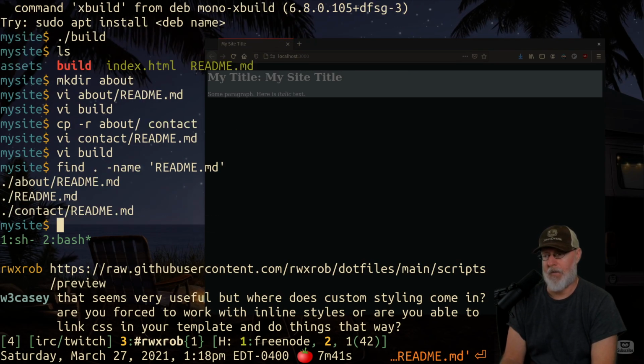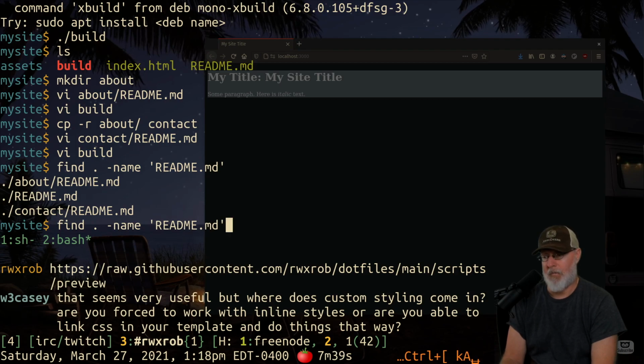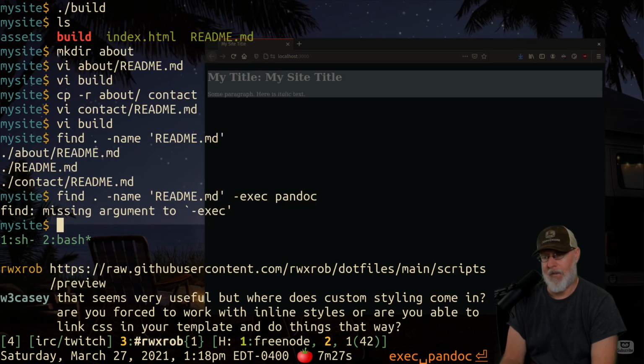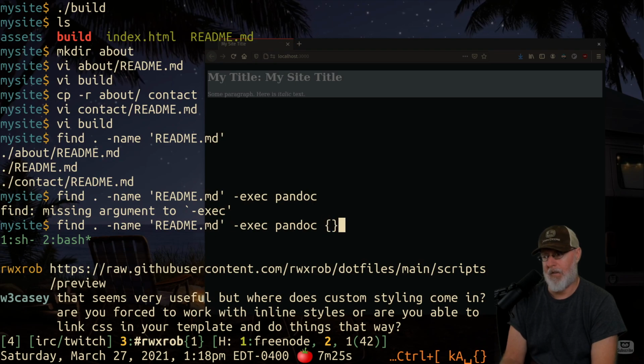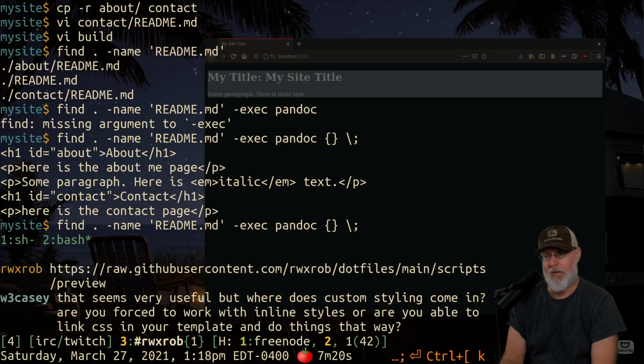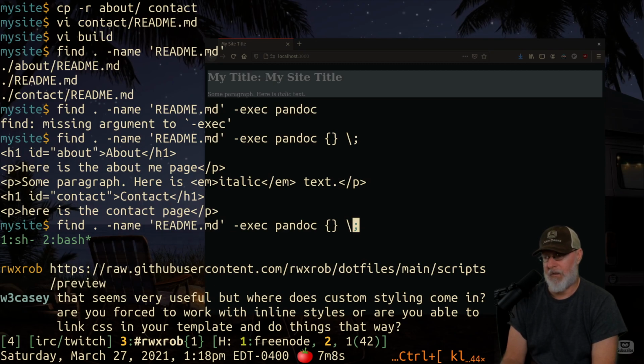So anytime we have a readme.md, I want to build it, right? So if I have a readme.md, then I want to execute. Well, let's see. I want to execute. We need, what's the base name? So execute pandoc. Let's try that. So on the thing, and so we're executing on all the things. We have about and we have contact, but where do we want the output to go, right? So we want the output to go into the same location. So let's see, we could do,